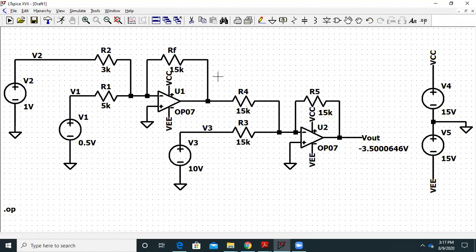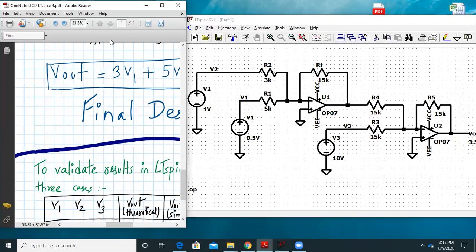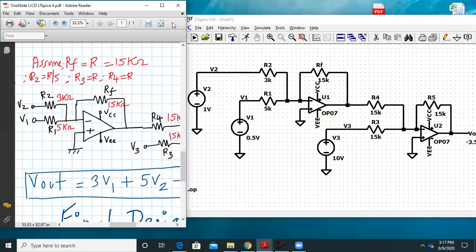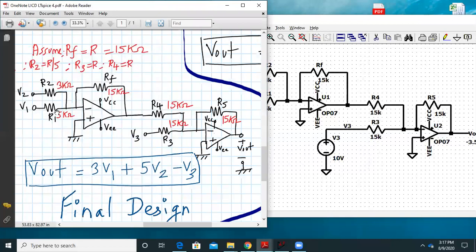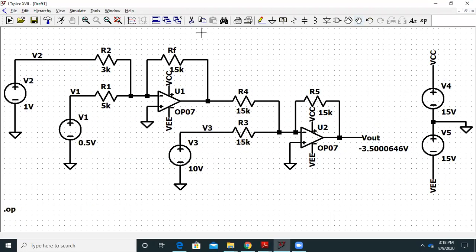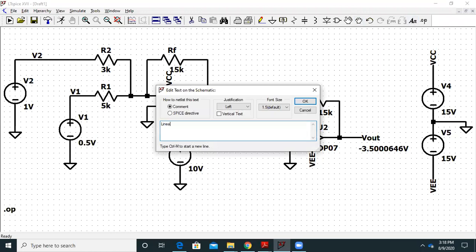So this circuit over here is indeed much more accurate than the earlier design using op-amp. So the design with op-amps is very much fun, and life becomes very simple. Any linear implementation of an equation, we can do it using op-amp. So let me write over here. This is the heading: linear equation implementation using op-amp. We are using OP07, so we can easily write OP07. So this works really well. Let me just write the label over here.